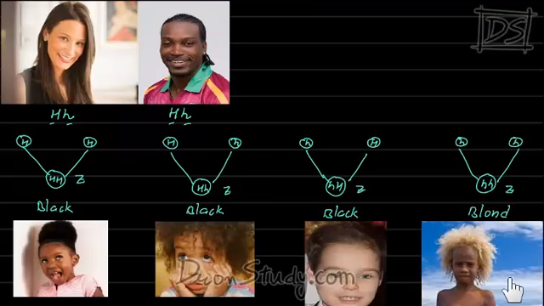So you see, these kinds of children might be born. You only concentrate on the hair color, not on the other things, because here we are discussing only hair color. Black, and this one is blonde. Though both the parents had what type of hair? Black. But it might happen that the child's hair color is not black. What's the reason of this? Both the male and the female must have had blonde hair genes somewhere, right? Both had blonde color hair genes. So when the right combination is made, the child might have blonde hair.